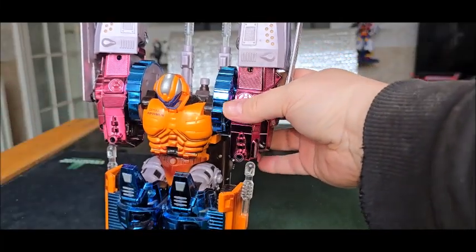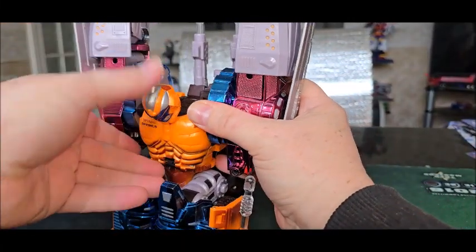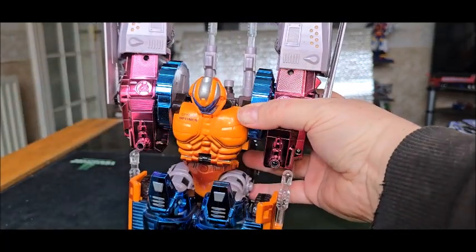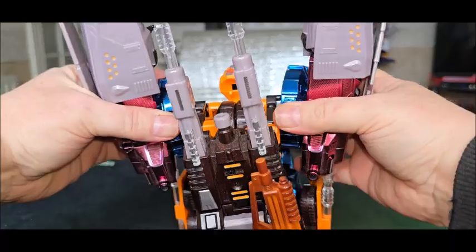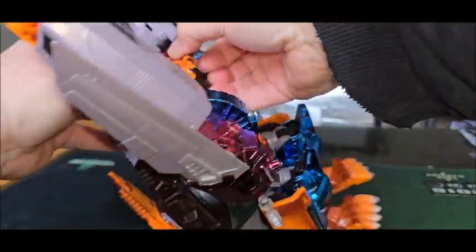I might have to check the instructions. Before we do that, I'm going to have to consult the instructions. One second. Right, so we disconnect these, then we rotate this whole section up, and then what we do is come under